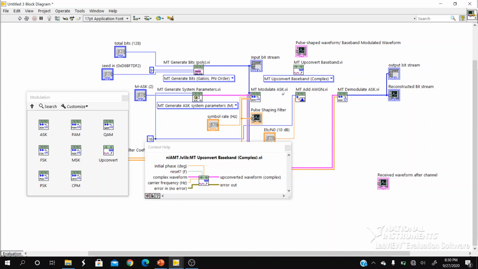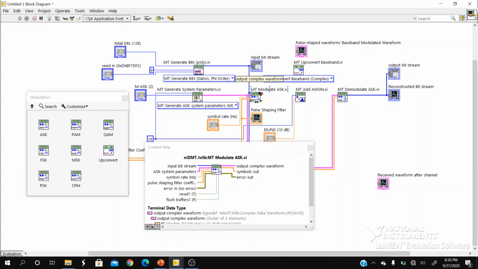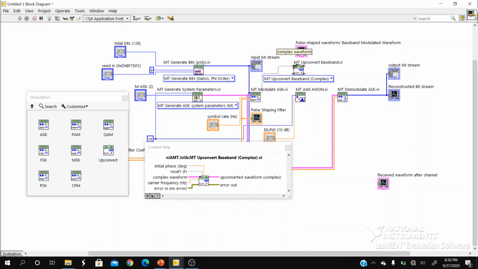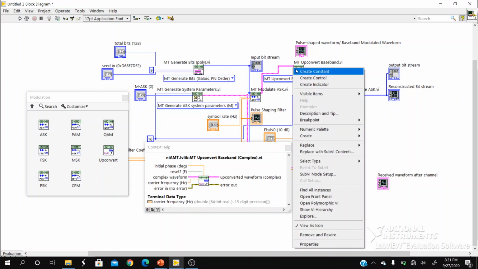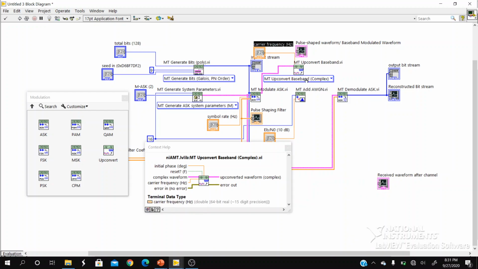Click on that. Connect your output complex waveform to the upconvert baseband first input. Then you have the second input, that is carrier frequency. So I need to specify to which carrier frequency I need to upconvert. So just right click on this, in this particular input I can change this carrier frequency, therefore I can create the control.